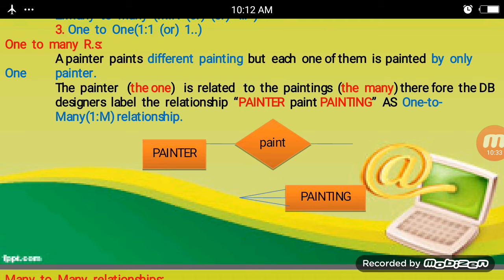One painter is related to many paintings. Therefore the database designer labels the relationship painter to painting as a one to many relationship. This is the definition as shown in the figure.